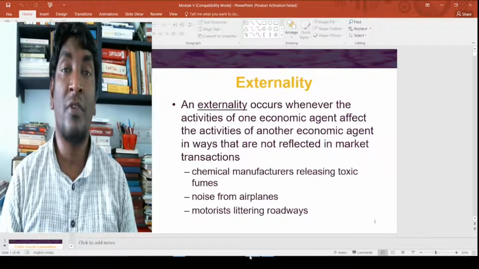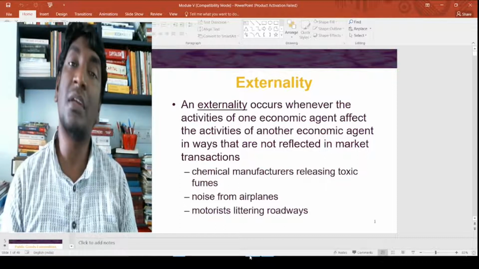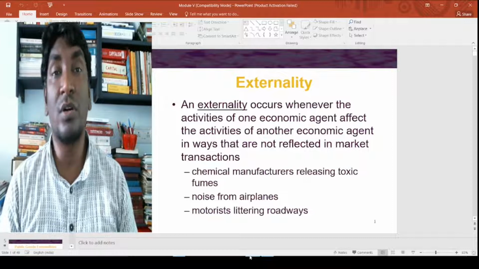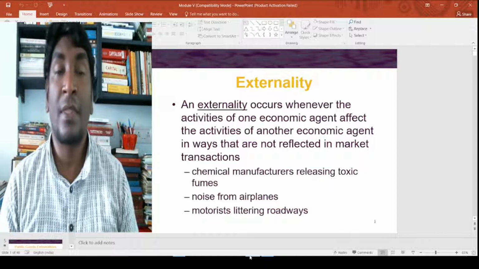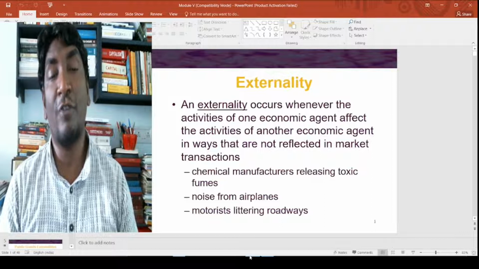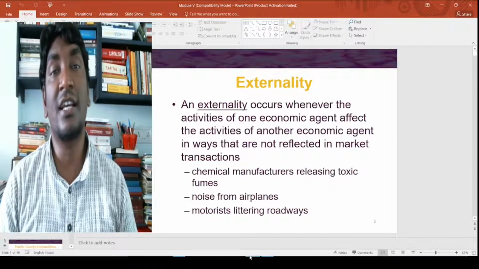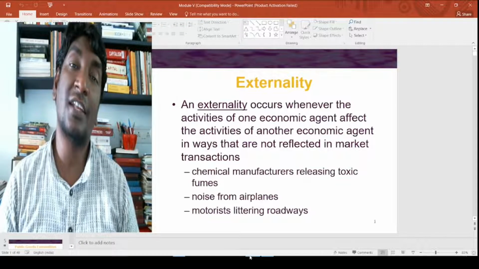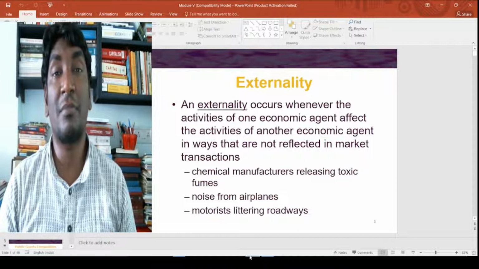For example, A and B transact, but the effect of A and B can also spill over to a third party called C, and C either gets a benefit or a cost from it. A popular example can demonstrate both a positive externality and a negative externality. For example, we are using